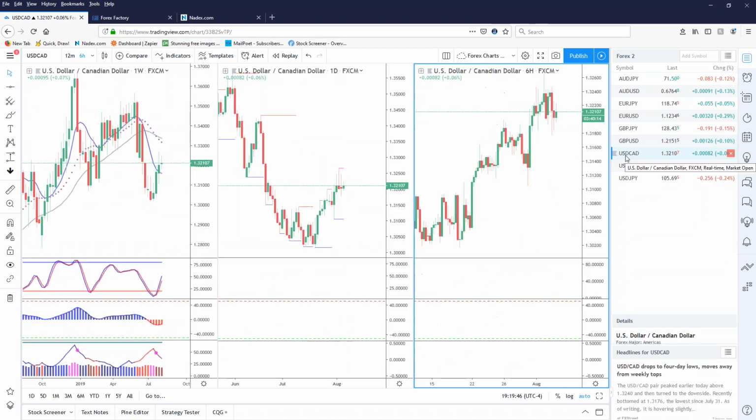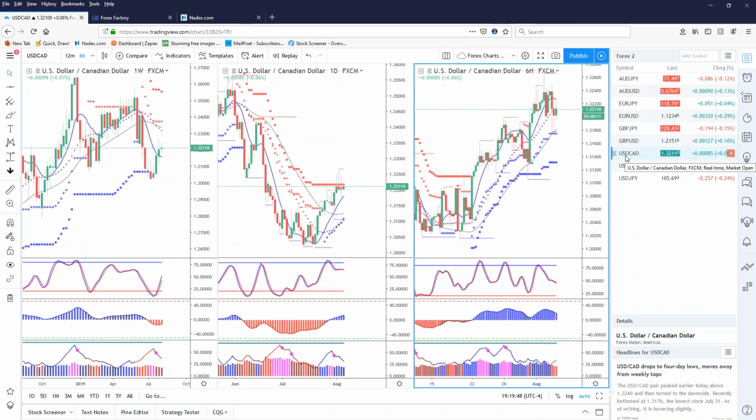Now on the USD CAD, again, this is one that does not have a 2-hour binary until tomorrow morning at 8 o'clock. So if you're trading the USD CAD, you would have to use a daily, okay? If you are not familiar with the Nadex daily binary options on Forex, they have 6: 3 a.m., 7 a.m., 11 a.m., 3 p.m., 7 p.m., and 11 p.m. So pretty much you can make your own 5-hour or 6-hour binary.